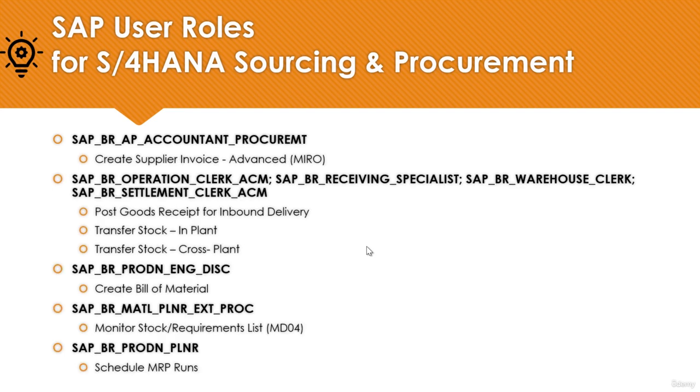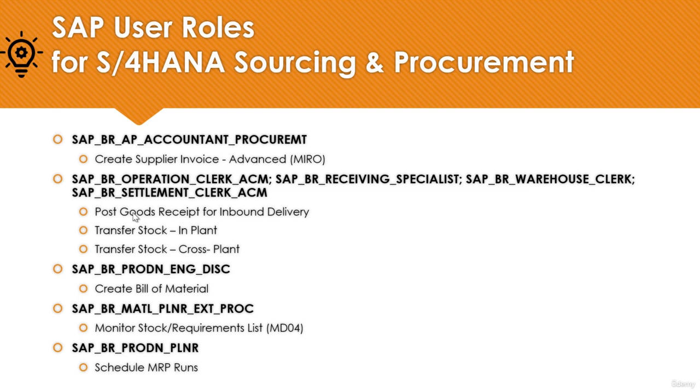create a supplier invoice through an SAP Fiori app, then you need the role SAP BR AP Accountant Procurement. And I demonstrated in SAP GUI how we can create the supplier invoice through the transaction code MIRO. It's the same process. There is no difference. It's just that you want to use an SAP Fiori app to create the supplier invoice. Similarly, there are other roles which you can view. So ideally, in short, we can say that we need all these roles to work through SAP Fiori apps for